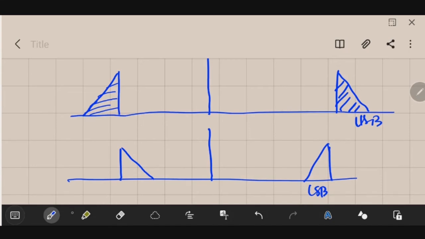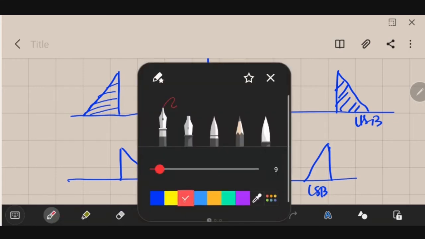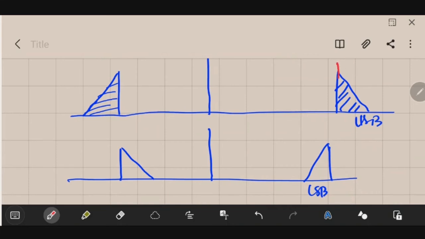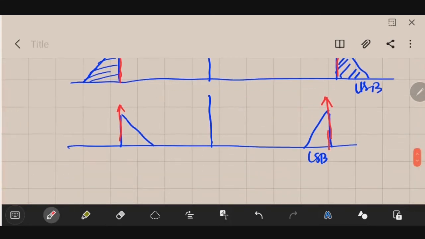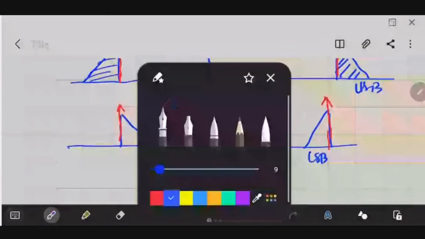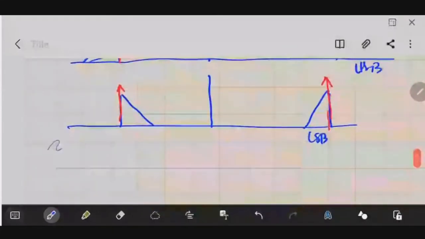In some of the single sidebands, you will find that they will also transmit the carrier. They may transmit the carrier. Carrier might be present in some of the transmissions. So based on whether your carrier is present or absent, we have different kinds of SSB again. This kind of modulation is called your single sideband.